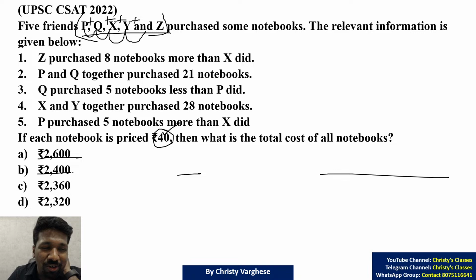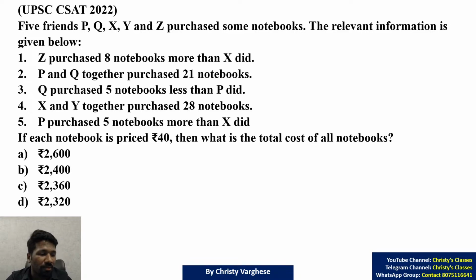But here, unfortunately or purposefully, the question paper setter has put all 4 options as multiples of 40. So that won't work. But what I am trying to say is, in some questions, the options will be so supportive that you can eliminate all 3 remaining wrong options super fast. Instead of selecting the correct answer, rejecting the wrong options may be easier in many questions. Anyway, coming back to this question, here the options are not that easy, so we will go for the direct method itself. But how you proceed with the direct method is very important. Otherwise, you can beat around the bush and take a lot of time to do this question.